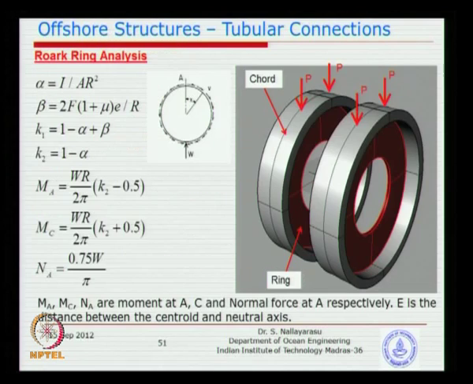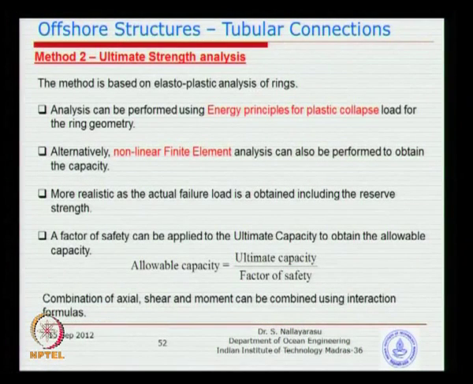Alternatively, you could also do an elastoplastic or so called ultimate strength analysis. Some of the FE software is capable of doing such. Basically you can load it until failure, and you can divide by a larger factor of safety. So between elastic analysis and elastoplastic analysis, the magnitude of the factor of safety is definitely going to be different. Here you may use 2.5 or 3, whereas for the elastic analysis you will use 1.67 or 1.75.